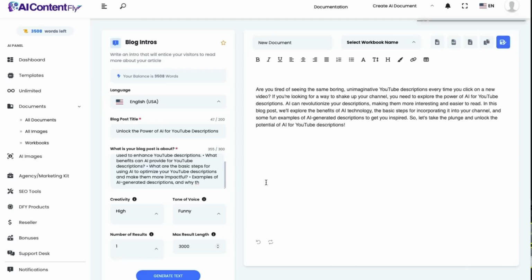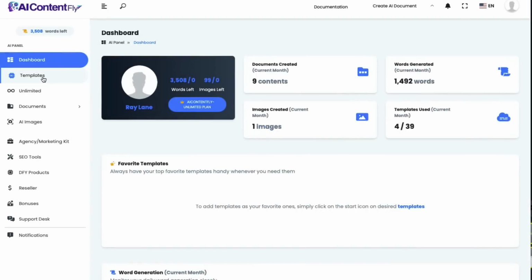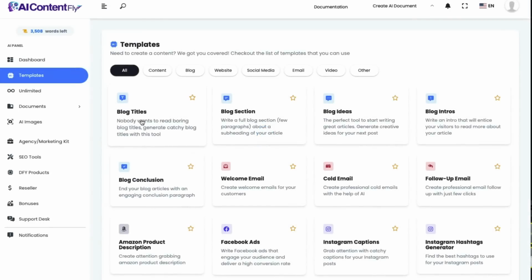Excellent. Let's save that. Now, we could go in and we could try a few different ones if we wanted, but again, with my demo account, I'm limited in the number of words, so I don't want to waste too many of them. But you get the idea of how this works and how we're building the entire package here. So we started with the titles, we did the ideas, we got the sections, we got the intros, we got the conclusion. So you put all of that together and boom, you've got your blog post that's optimized for exactly what you want. You did it in 2 minutes and you didn't have to work on, too much of the